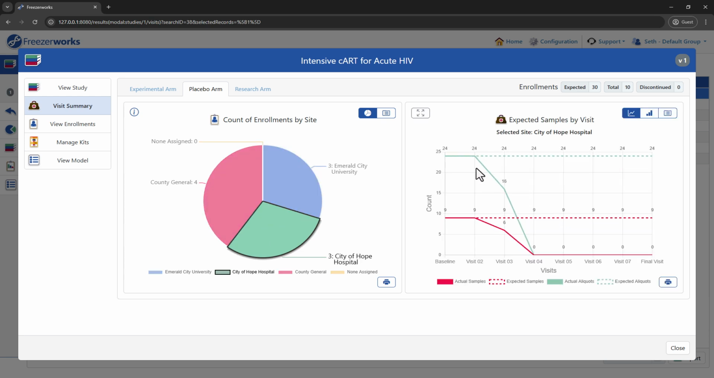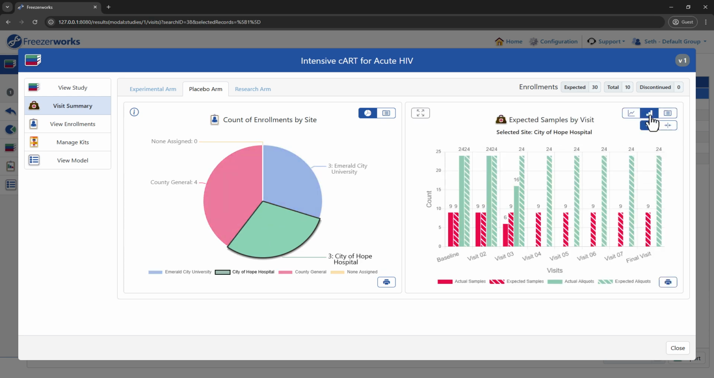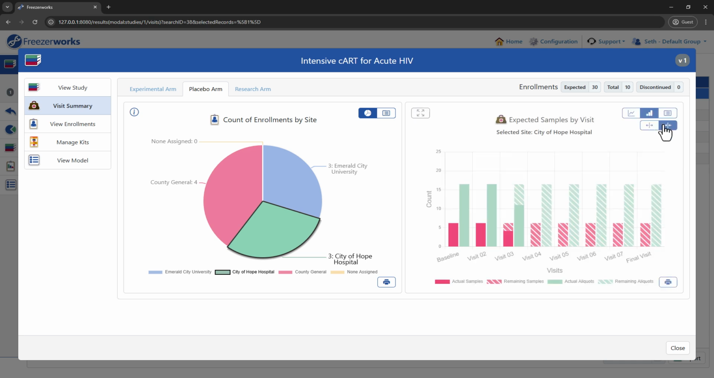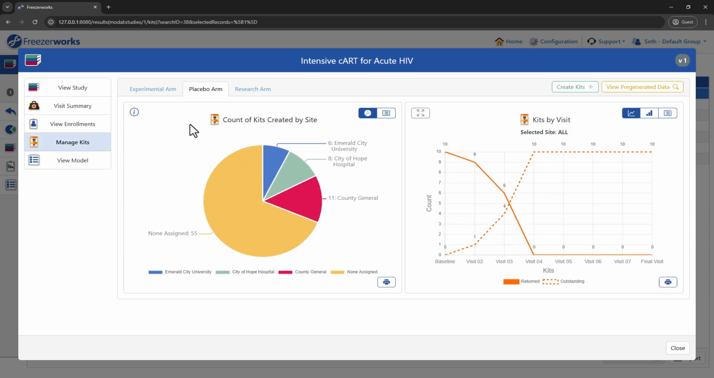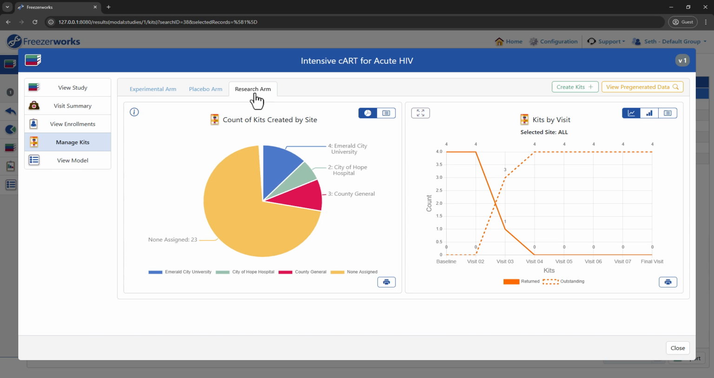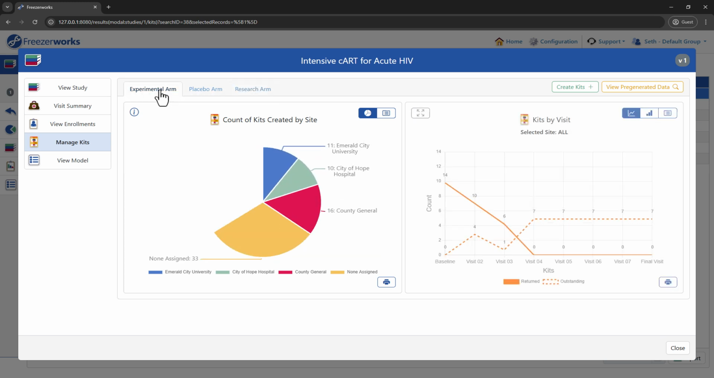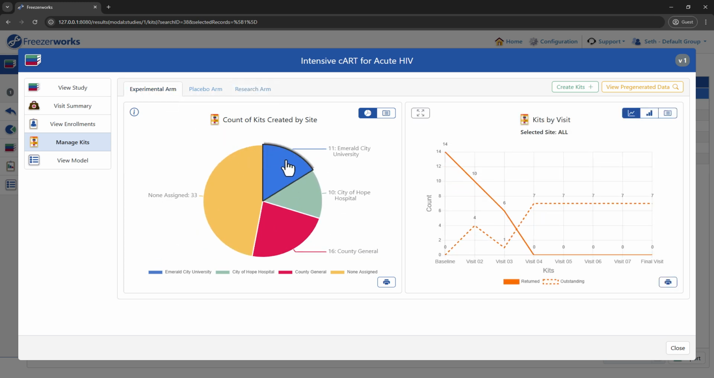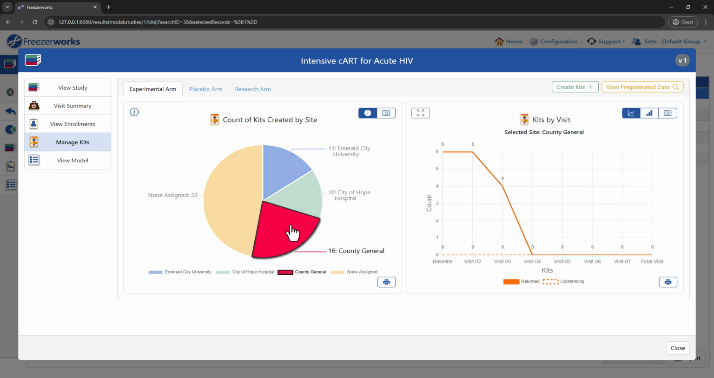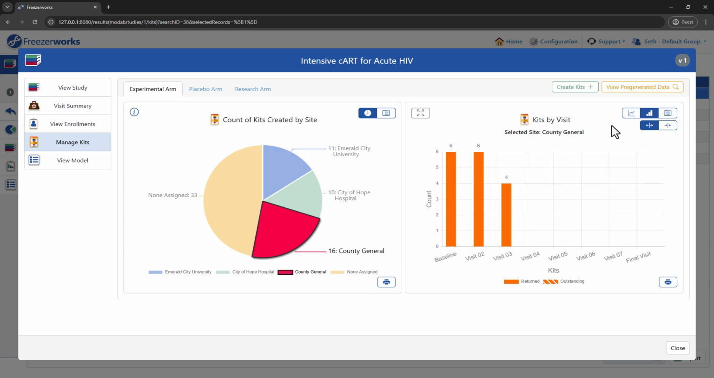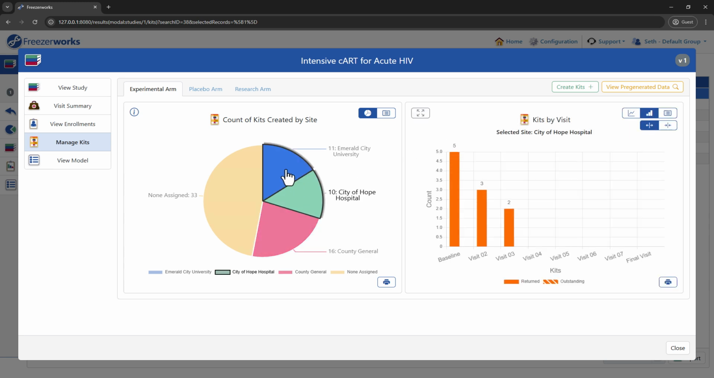In today's video, we're diving into an exciting new feature designed to make your study management even more flexible and efficient: Agnostic Kits. If you're familiar with how kits are typically tied to specific visits in your study, get ready to learn a game-changing approach that allows you to create and manage kits independently of your visit schedule. By the end of this video, you'll understand how to leverage this model to streamline your workflow and simplify your